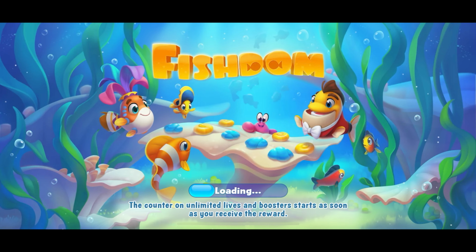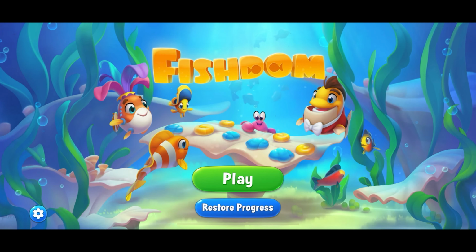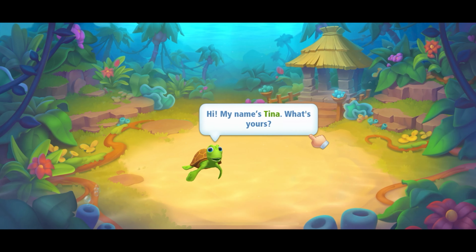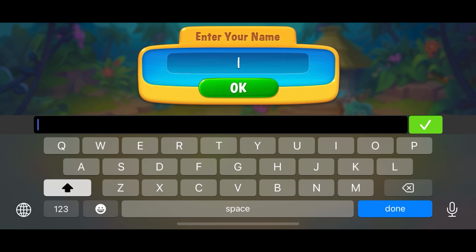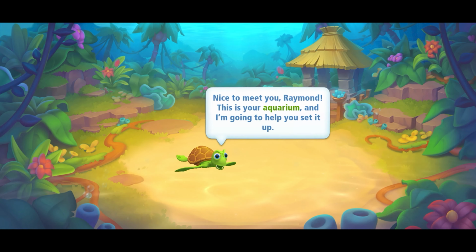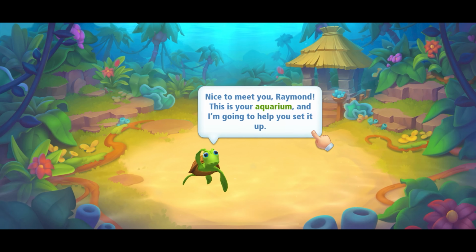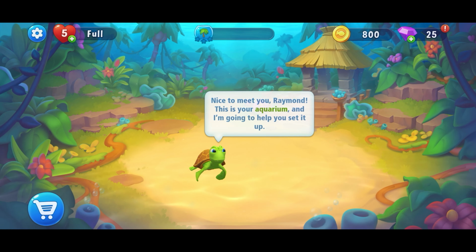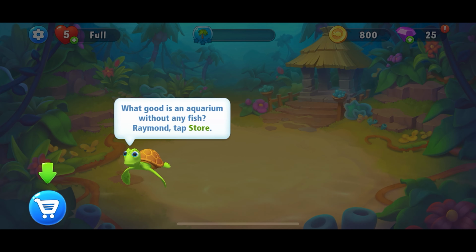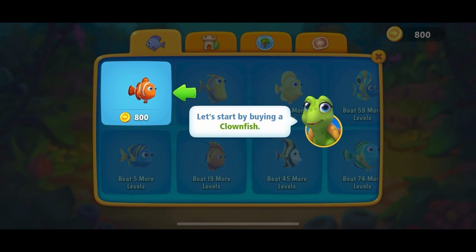When you start playing the Fishdom mobile game, the first-time user experience you will have will be with Tina, the turtle of the aquarium. The first thing Tina will ask you to do is fill in your name. Personal acquaintance with a character from the game is a very common thing in many types of FTUE games. Such a character creates a real connection between the player and the game and is an excellent tool to show